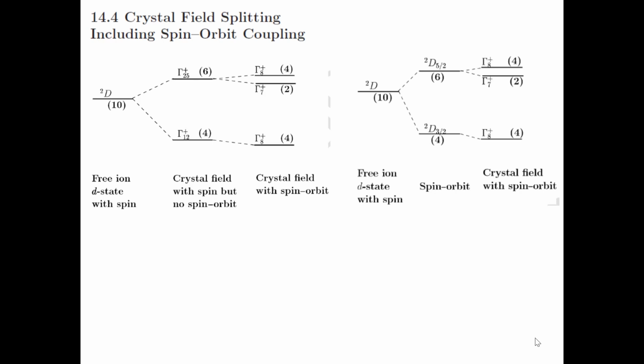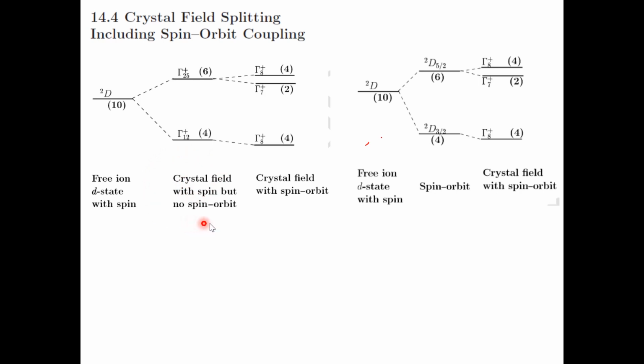So let me continue from where we stopped last time, which was the discussion of crystal field splitting when you consider spin-orbit coupling and double groups. So this is what we have discussed so far, the splitting of a given impurity level of d character, a d orbital impurity level, in two different possibilities. In the first case,